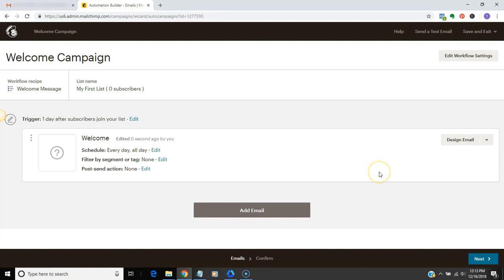So this is the next screen that pops up, and let me explain that to you. The first thing you're going to see here is trigger. Now, in email campaigns, there's a trigger that causes the emails to go out, and you can set that up however you want. This trigger is set to 1 day after subscribers join your list, but you don't want that. You want it to go out immediately. So you click Edit,